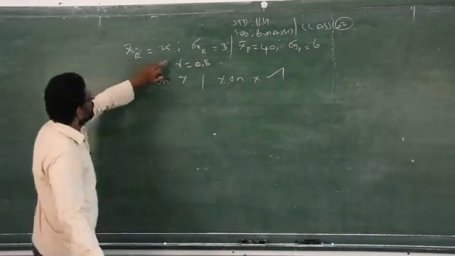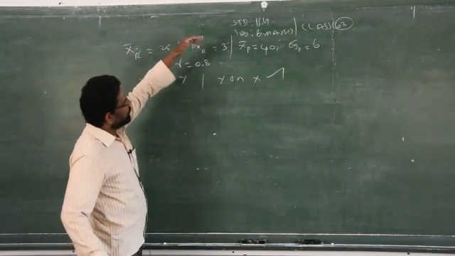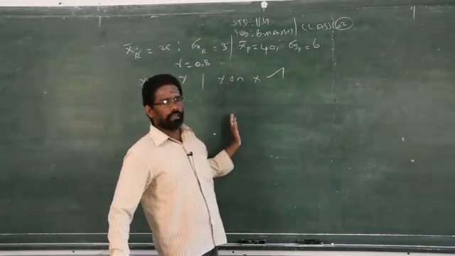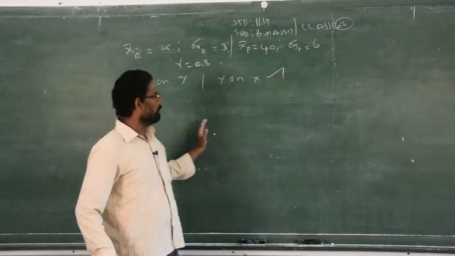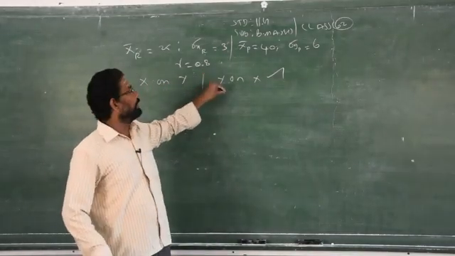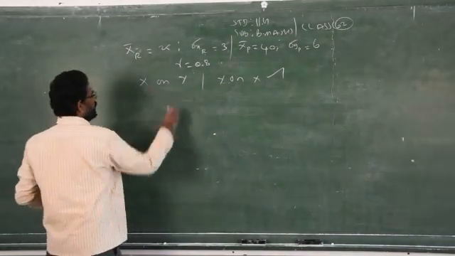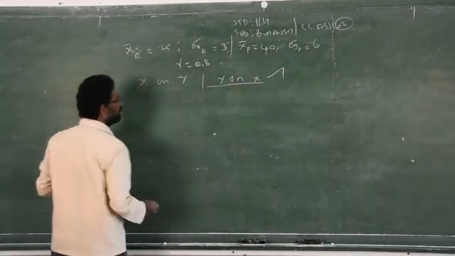Rainfall we consider as which variable? X variable. Therefore, x is given. You are asked to find out the production, that is y you have to find out, for which you have to find out y on x. No need to find x on y. So, now I have to find only y on x.